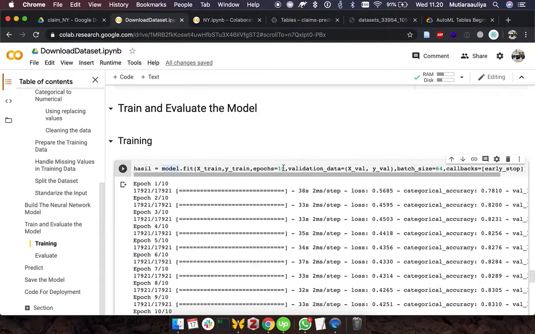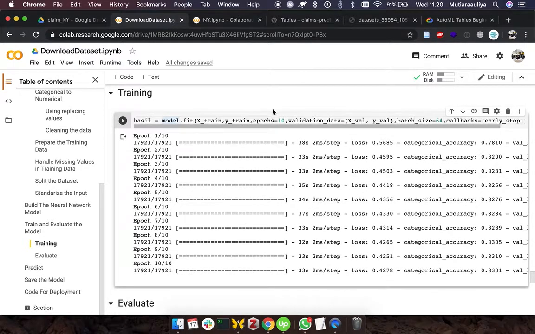Okay, what's an epoch? Here I use 10 epochs, so the training only goes from epoch 1 until 10. So if you take a look, if it were 100 epochs, it would go from epoch 1 until 100. Okay,